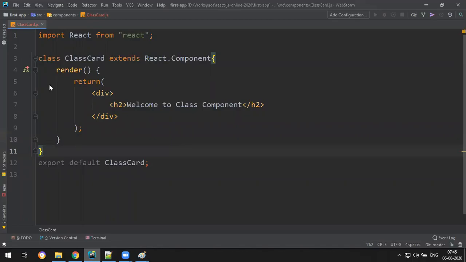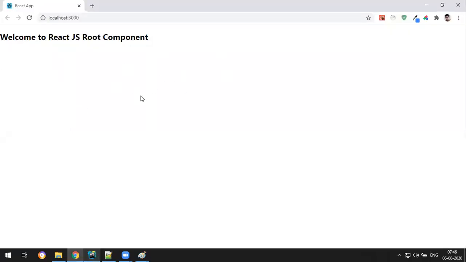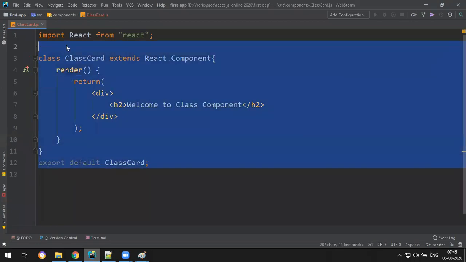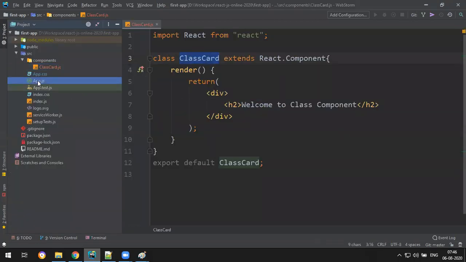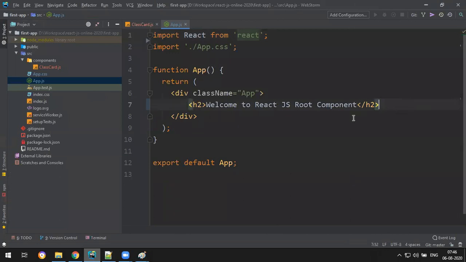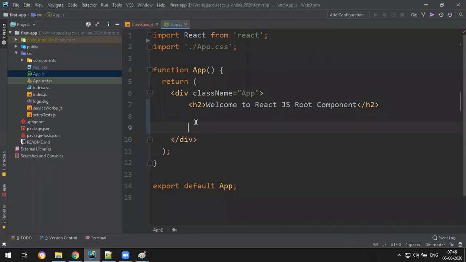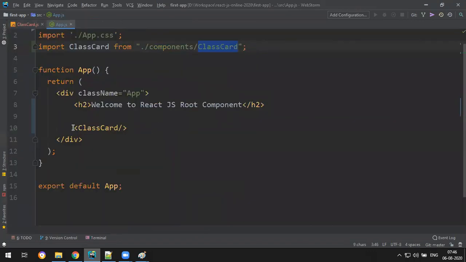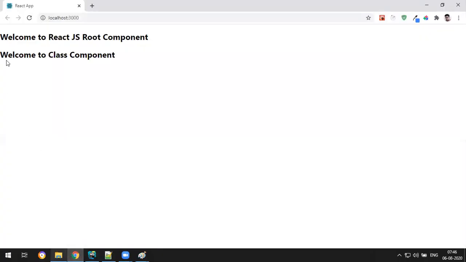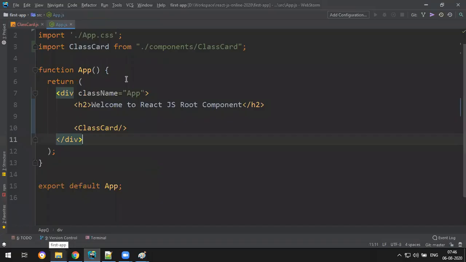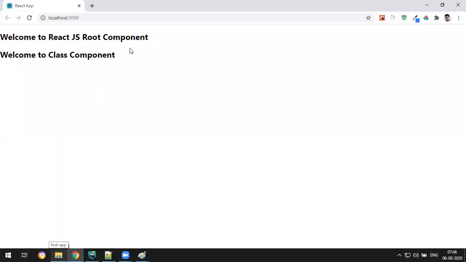Okay, so this is generally coming from the root component, the App component. But now I want to attach this Card to the root. How to add it is as per the class name. So what is the class name? This one, right? Same thing you write here. See, Card. Okay, so this is my component. As soon as you have added it, it is imported from components Card. So this is your custom tag. Okay, let's save it. Go check now. You got the message: Welcome to class component. So we have successfully created our class component now.